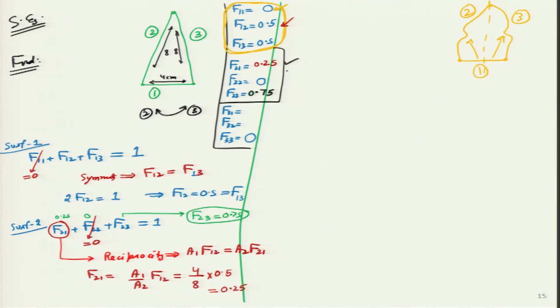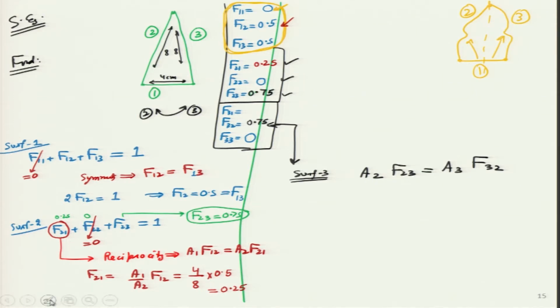So, this one also I know, this one and this one as well. Is it making sense? And similarly, we can get the same thing from here. F32 will turn out to be exactly same as F23, and I can write 0.75. How do I know this thing? Because in surface 3, I can apply directly reciprocity. So, I can say A2 F23 is equal to A3 F32,